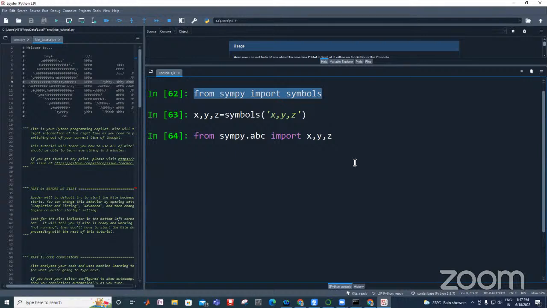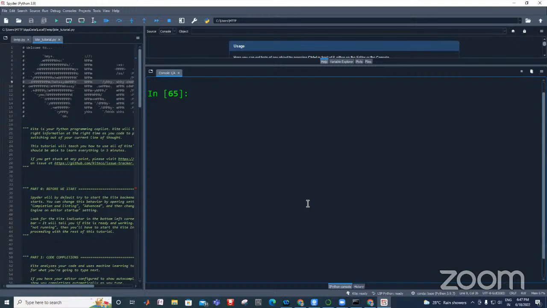After that, Control L. SymPy is the library which we are using in Python, and for all the manipulation we need to import from SymPy only. From SymPy.abc import